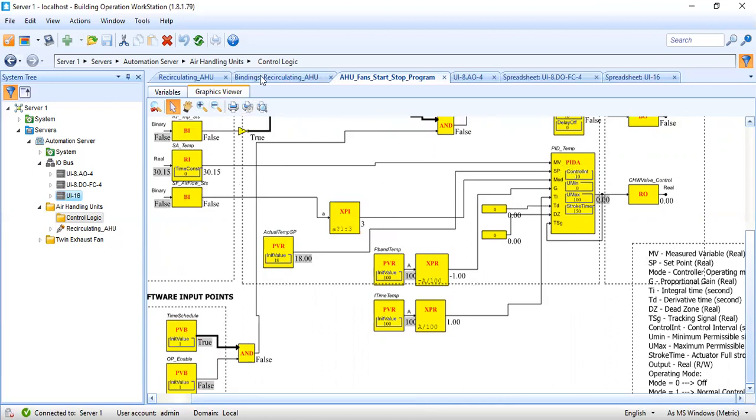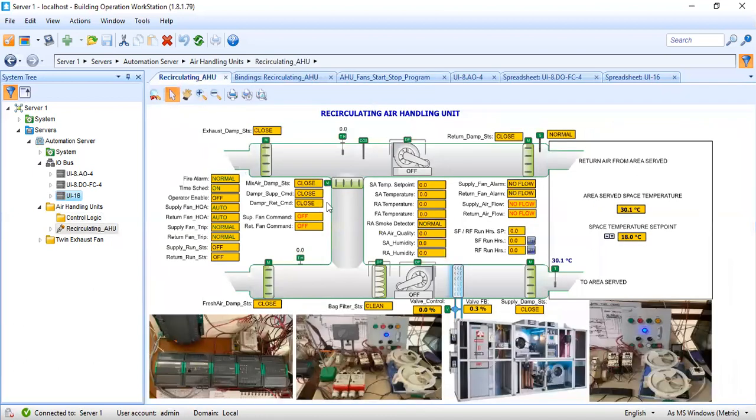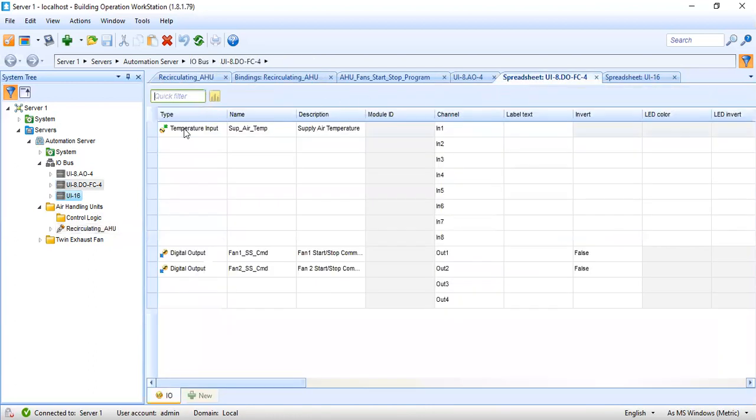Now, in my air handling unit, I have added a temperature sensor in my DO. So I have added the temperature sensor, temperature input, supply air temperature.